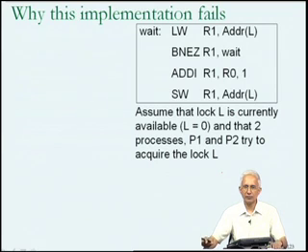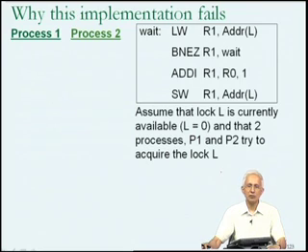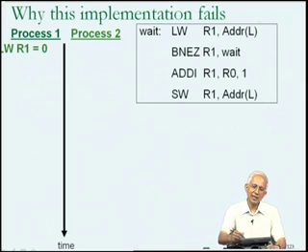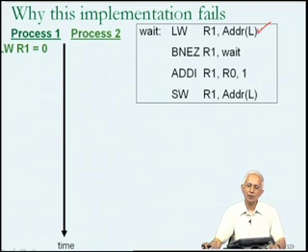The two processes want to acquire the lock because both of them want to access a shared variable. I am going to show you timelines for process P1 and P2. I am going to draw the timelines vertically because I am going to mark the timelines with instructions that are being executed. Let us suppose that currently process P1 is executing, in the acquire lock function, and it executes the first instruction. So it loads the value of the lock into the register R1, and it gets R1 equals 0.